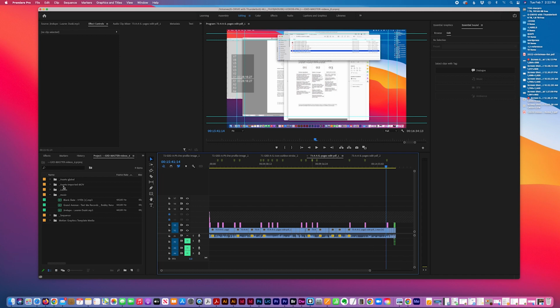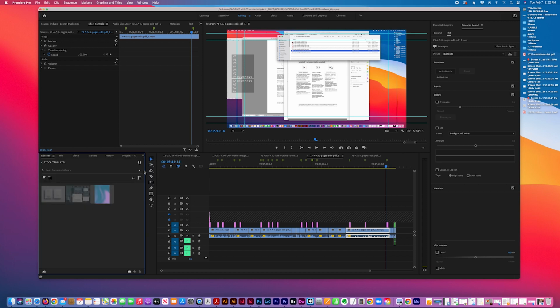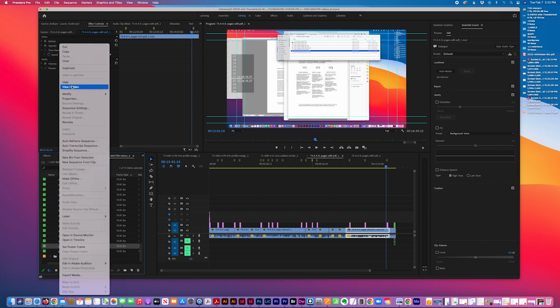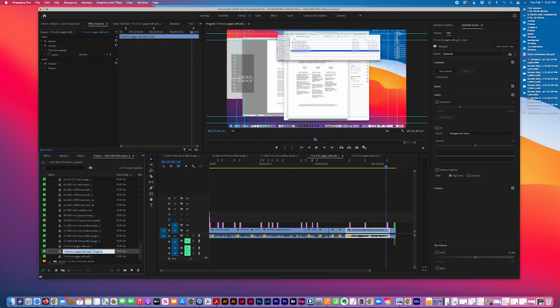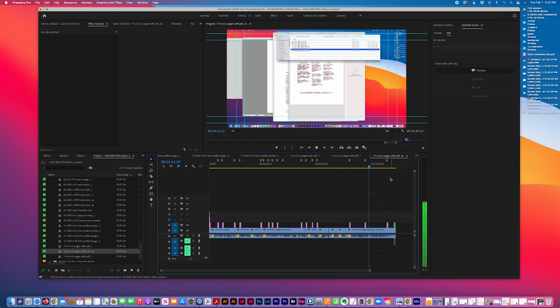So the first thing I did was add a filter onto my main audio track. I'm going to duplicate this. I have my sequence set up. I'm going to just duplicate this and load it into my timeline. And this is the area here that was most affected. If I turn this up,